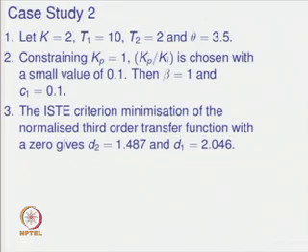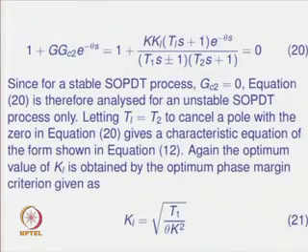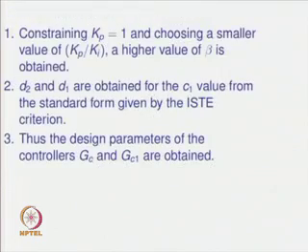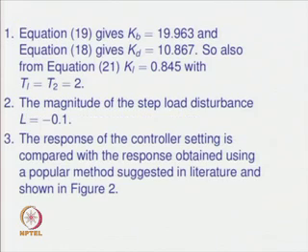Then we shall make use of the expressions 16, 17, 18 and 19 to estimate the unknown parameters of the transfer function model. Now, equation 19 gives Kb equal to 19.963 and equation 18 gives Kd equal to 10.867. So, also from equation 21, Kl is equal to 0.845, with of course